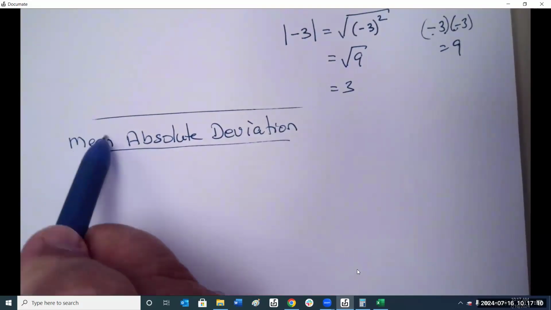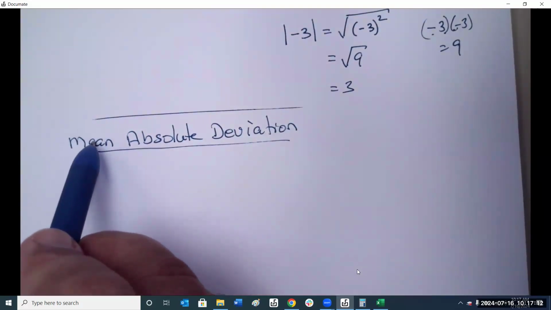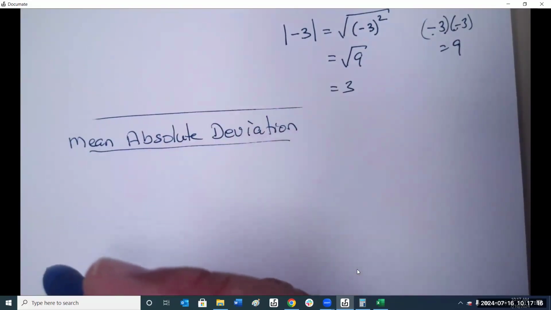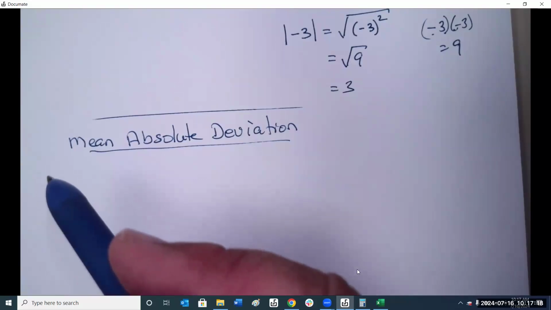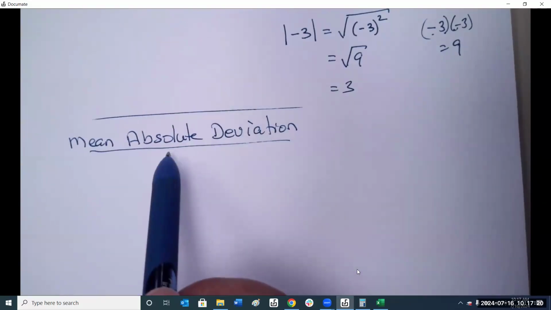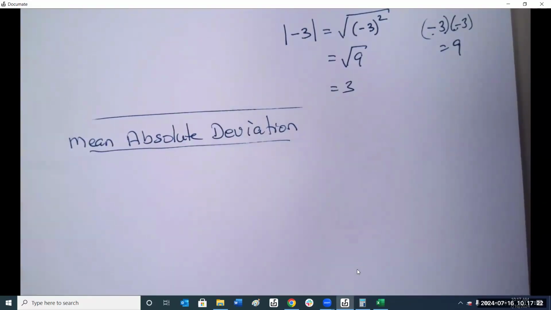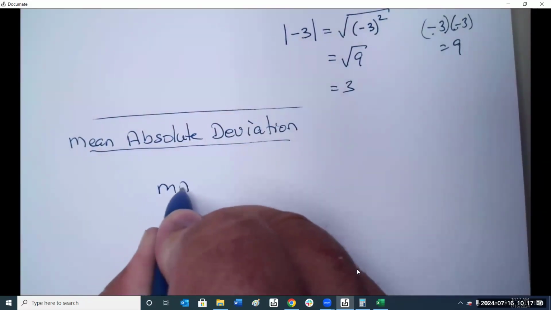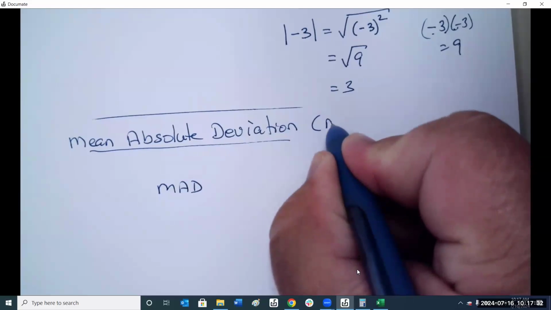What does mean mean? Or yeah, it's the middle, it's the average. Even though we're not supposed to say it, it means average. Absolute is those bars, and deviation. So what that means is the mean absolute deviation, the MAD, we call this MAD,